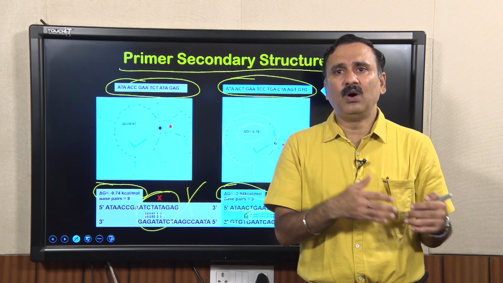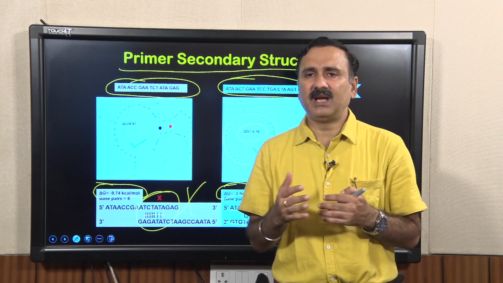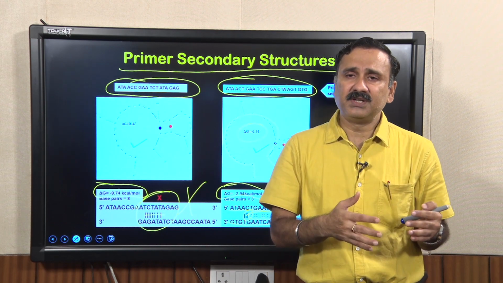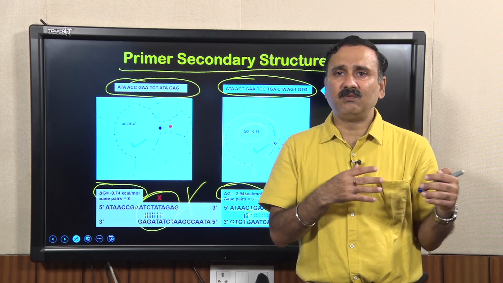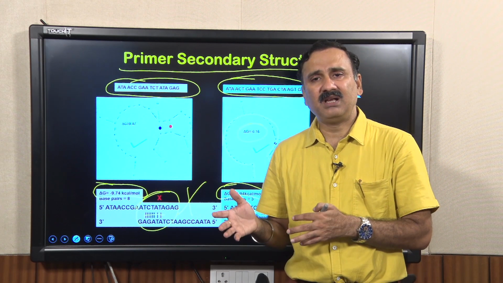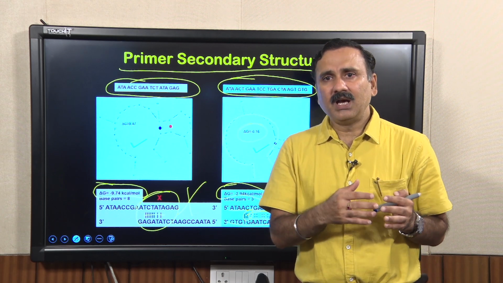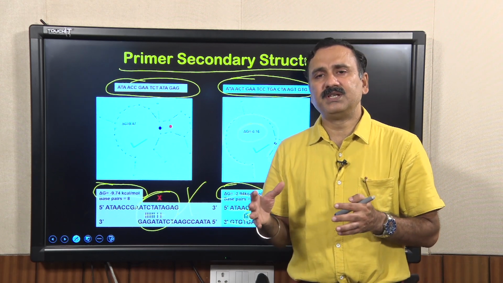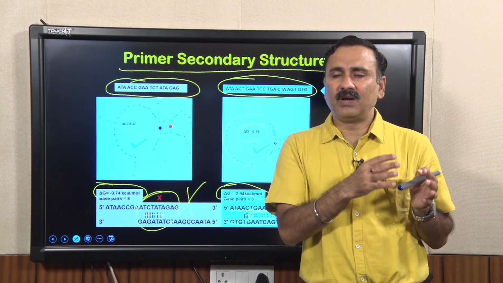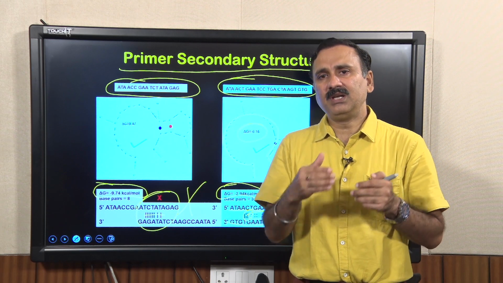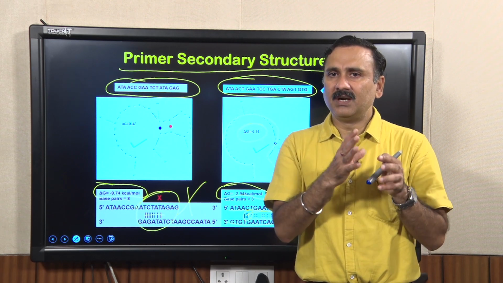So to explain how to utilize the software, because when you want to design the primers, you can use software for analysis of multiple aspects, like whether it is forming a hairpin, whether it is forming dimers, what the free energy will be, and all that. People use different types of software, both for designing the primers as well as for analyzing the primers. So let me take you to my lab, where the students are going to explain